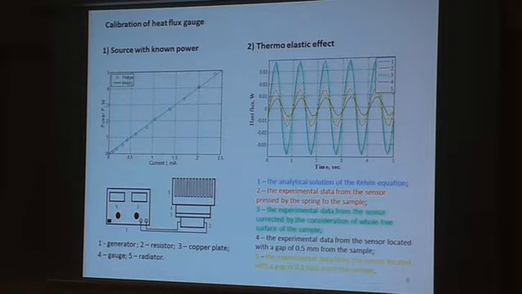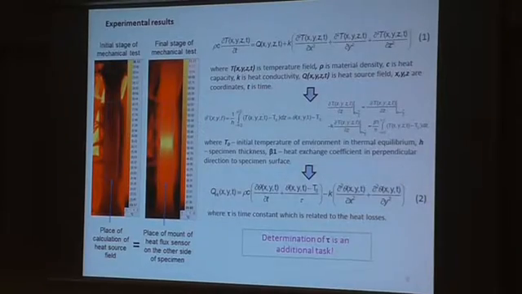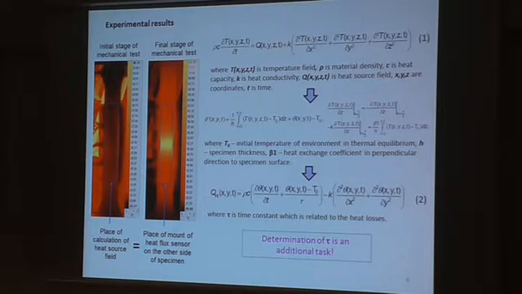The simplest way to check the possibility of using this element is to find the situation where we can find a good analytical solution. If we consider only the thermoelastic effect, we have the solution of the Kelvin equation, and we can check what we can take from this element. Results are not so bad, and after that we go to the classical quasi-static experiments. Here you can see the temperature distribution on the sample